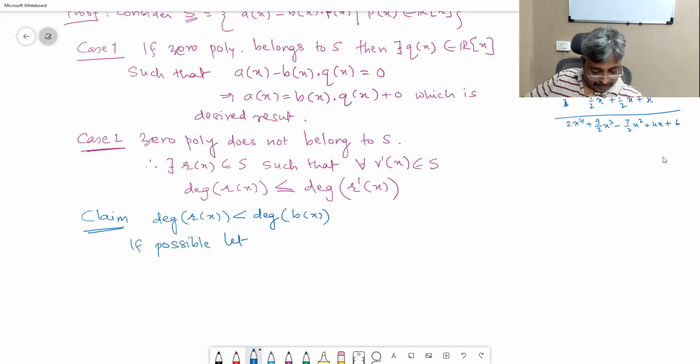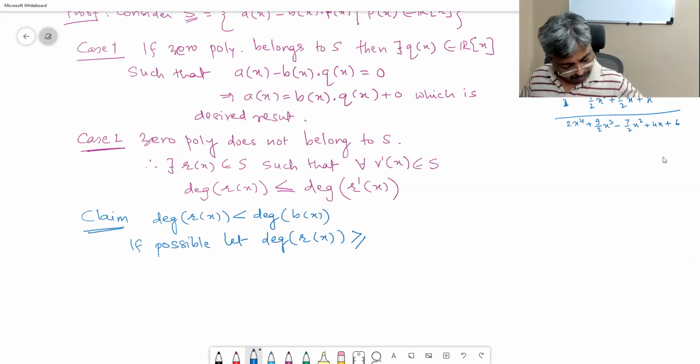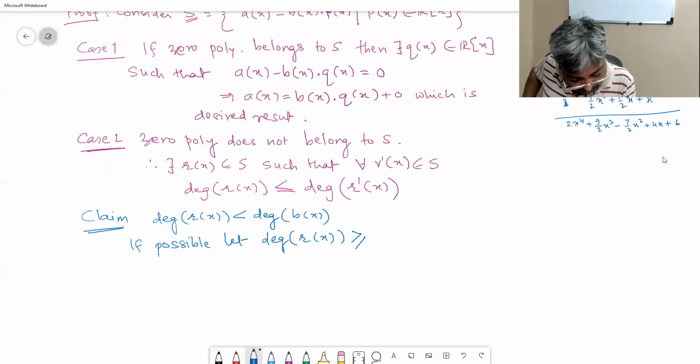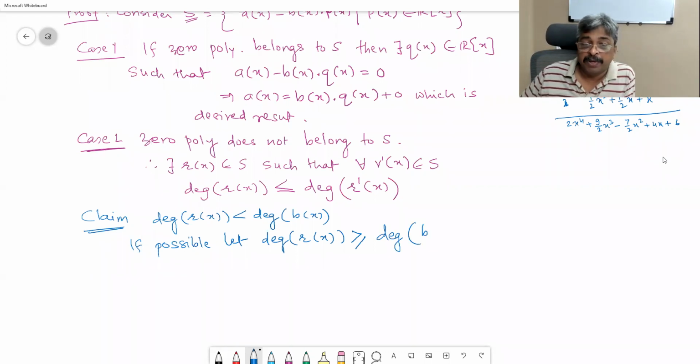Let degree of r of x be greater than or equal to degree of b of x. Now every time we have to keep writing this, therefore we will have to assign something. Okay, but then let me go as per the notes. We will show